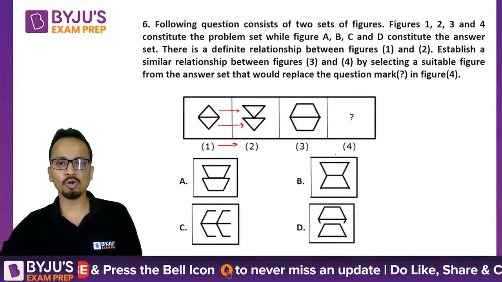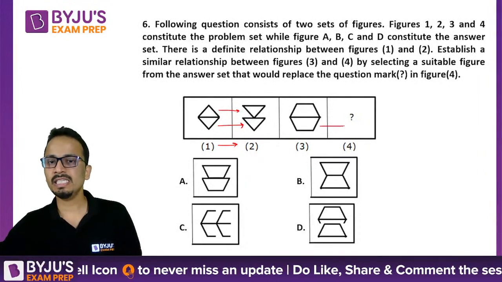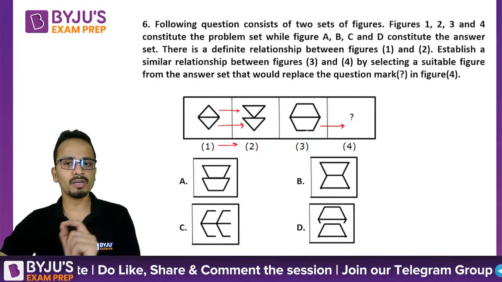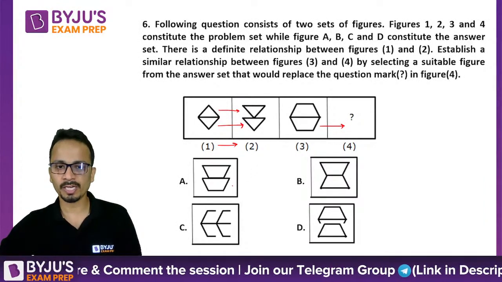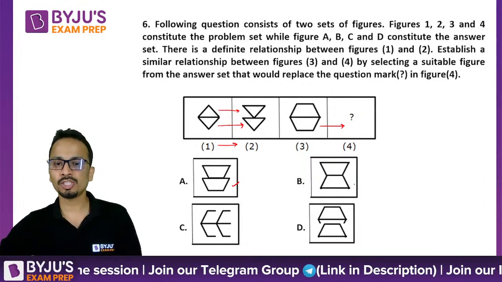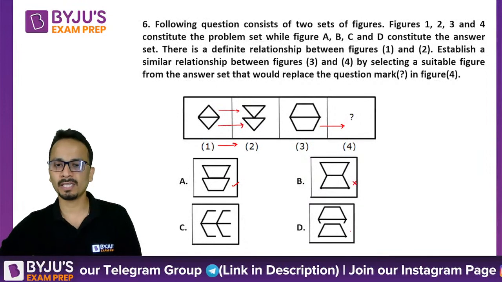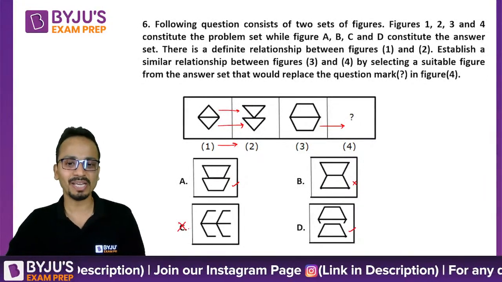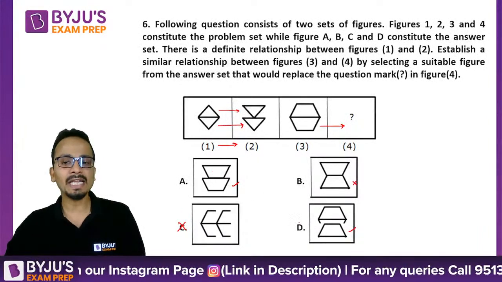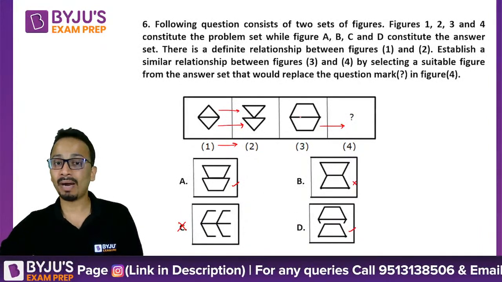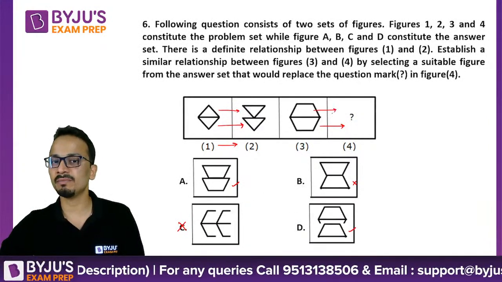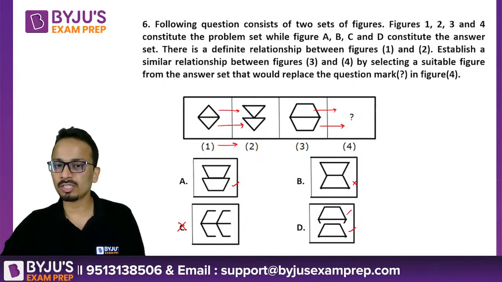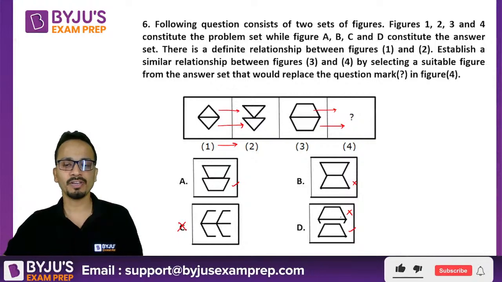Okay, so from 3 to 4, नीचे वाला जो फिगर है वो रिटेन होना चाहिए. Okay, so the lower figure should be retained, so which is there in option A. It is not there in option B, it is there in option D, and option C तो पता नहीं क्या बना दिया है. Okay, fine. So A and D for now I have retained, but ऊपर वाला जो फिगर है trapezium, we have to invert it, which is not happening in figure D?